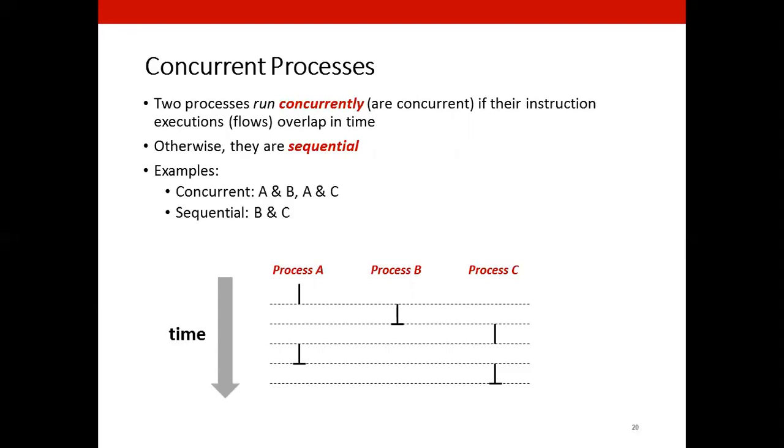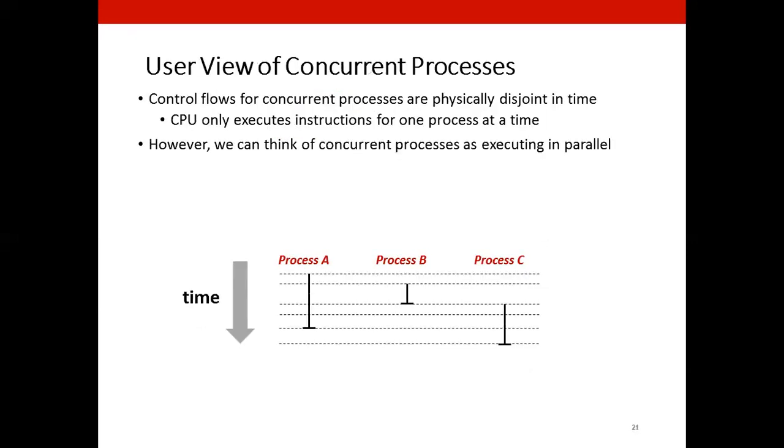Okay, and how does the user view this? The user view of the concurrent processes is as if they are actually running at the same time. That's the illusion that they have, that they are in full control of the CPU, when in reality, the processes can get paused, but still conceptually executing, but not really, because they are not making use of the processor. However, we can think of concurrent processes as executing in parallel. And how does that work with a single processor? There should be some mechanism that switches between these processes, which is called